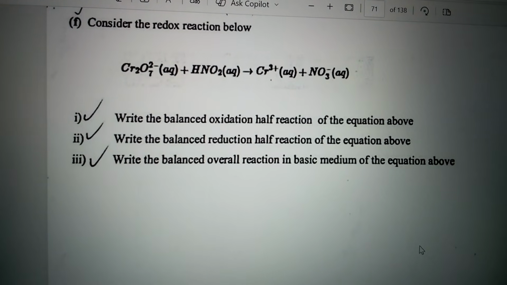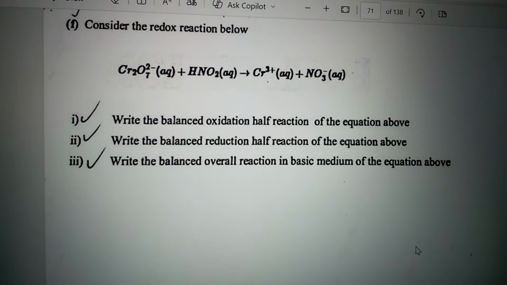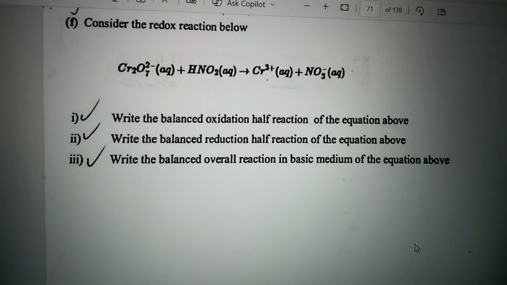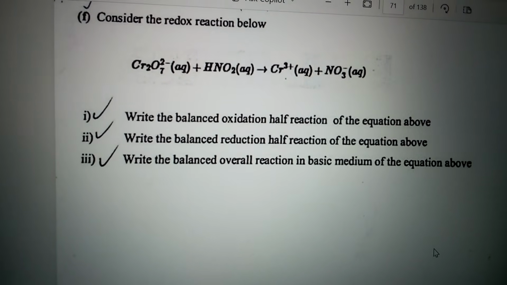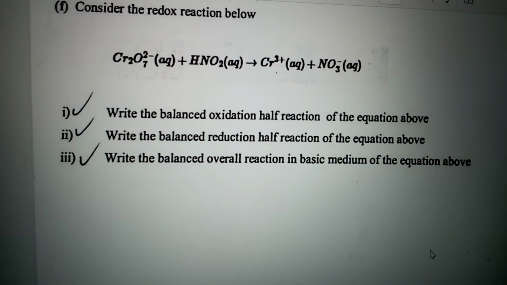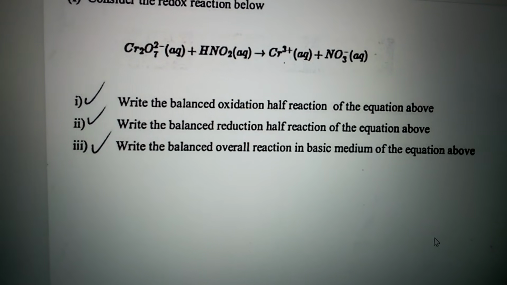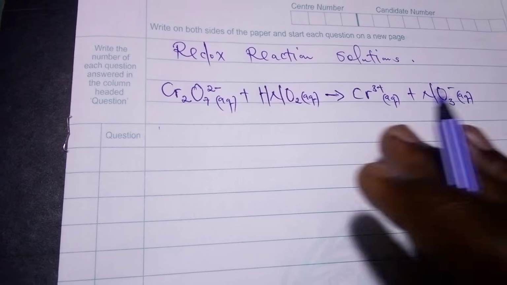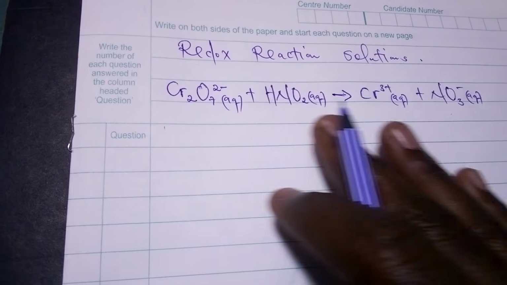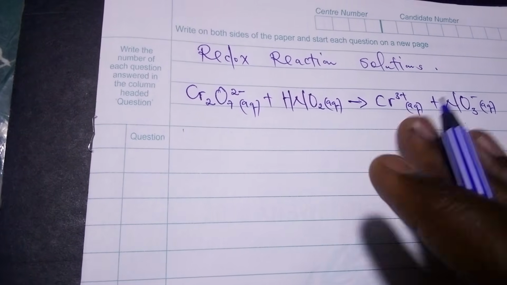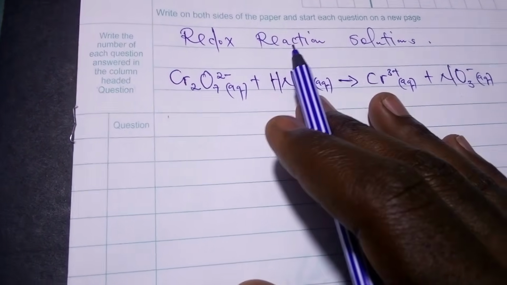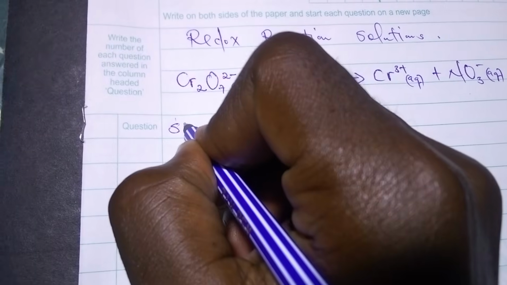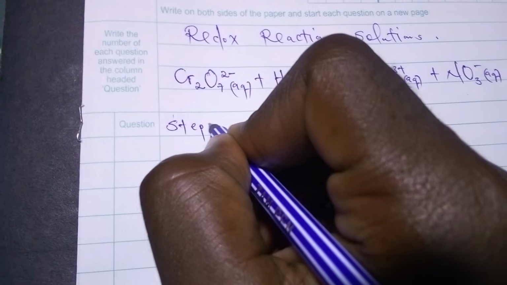Write the balanced overall reaction in basic medium of the equation above. So we can start answering without wasting much time. This is the equation that we are given. What you're going to do first, step 1,